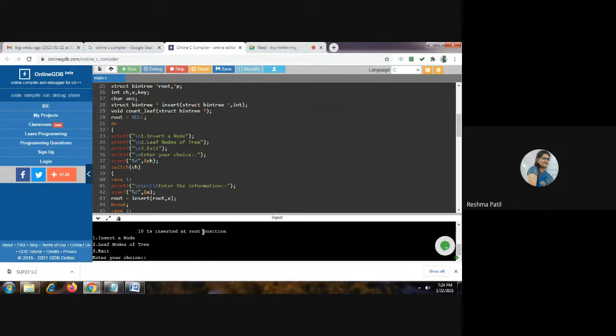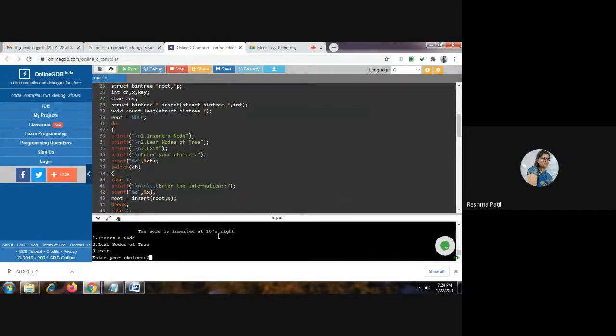Then again we will insert 2 more nodes. One is 5. The node is inserted at 10's left because it is less than 10. The second one is 20. This node is inserted at 10's right because it is greater than 10.